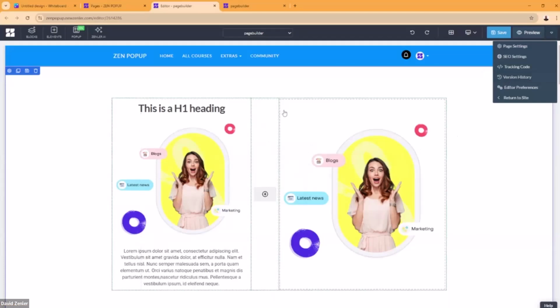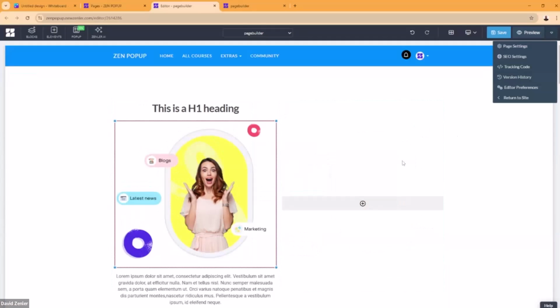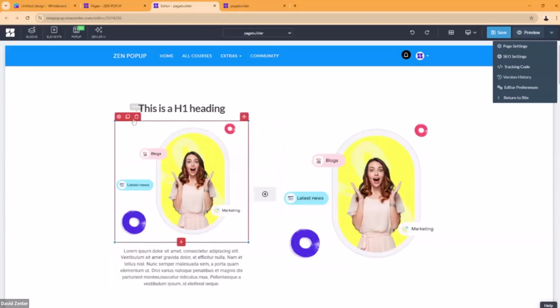Yeah, exactly, Kevin. Control Z is your best friend. And by the way, Control Y reverses it. So if I was to press Control Y, that will reverse it. So you go forwards and back, Control Y, Control Z. Yeah, Control Z undoes, Control Y redoes, if that's a word. Okay, so now I've got that out, I'm going to delete that out.